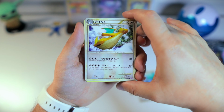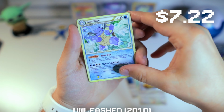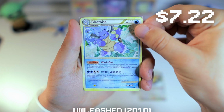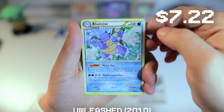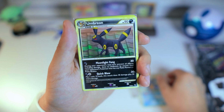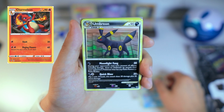She was a big fan of Charmeleons, and that was one that she actually just threw in. She had several duplicates of this, so that was really nice of her just to give me that Blastoise. Blastoise is definitely one of my favorites. But yeah, I think I traded the Charmeleon for this, and there was a Charmeleon that I actually had in